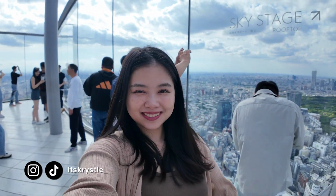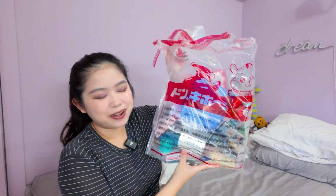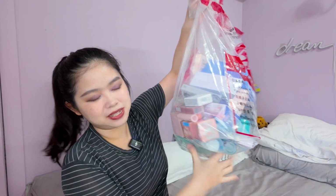Wait, hold on. Your girl here just returned from Tokyo, Japan a couple of nights ago, and today I'm going to show you guys what I actually got while I was in Japan for cosmetics and beauty-wise. Honestly, I feel like I could have done a lot worse. This bag over here, it's full of J-beauty stuff and whatever cosmetics items that I actually got while I